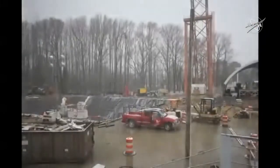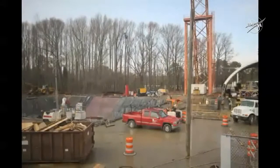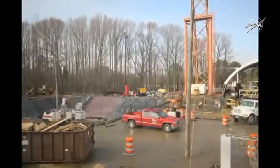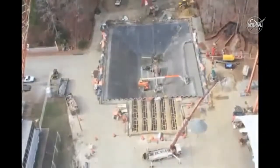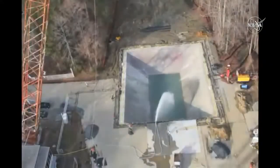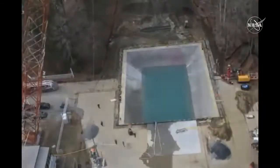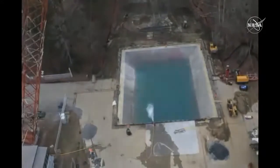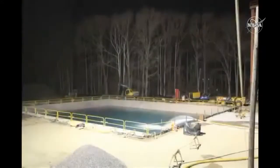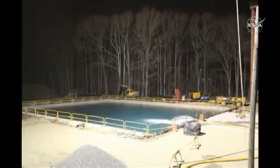Since the completion of the Hydro Impact Basin, we've tested the Orion spacecraft in a variety of impact conditions, as Debbie mentioned, which has allowed us to ensure that no matter how the vehicle lands in the water, it will do so safely for our crew. In addition to testing Orion, we've also been able to test some of the commercial crew program vehicles out here at the facility, really ensuring that no matter what spacecraft our astronauts are in, they are able to return to